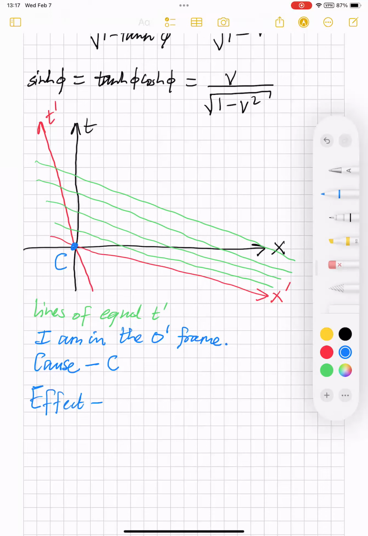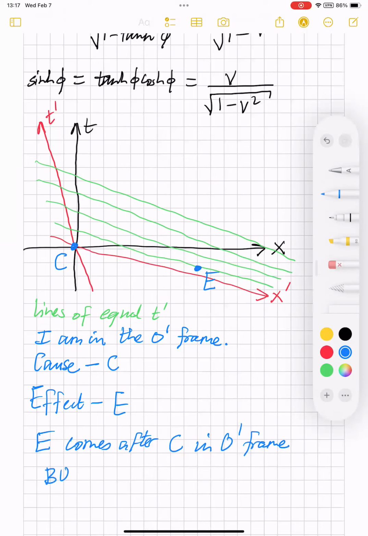Well, in this t prime frame, I'm going to make sure that the effect comes after the cause. Okay, so I will put the effect over here. That's the effect E. Now notice something. So E comes after C in the O prime frame,